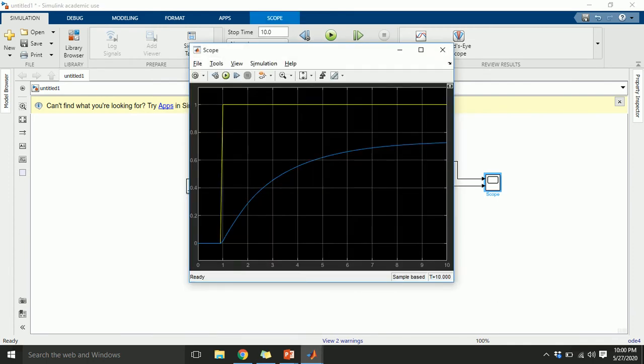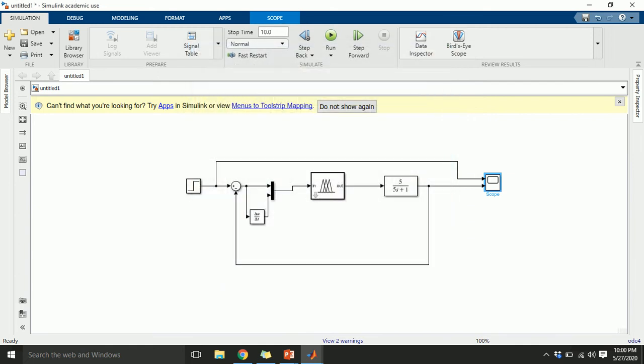Now you can see that this response is not very good, and there is some kind of offset. Why is it so? Because this is not really tuned right now, and this system has a structure of fuzzy PD.